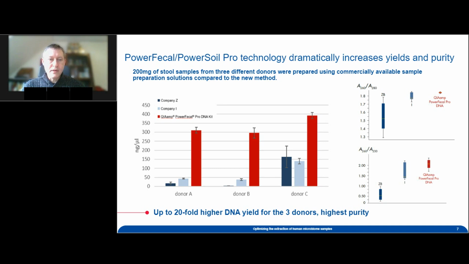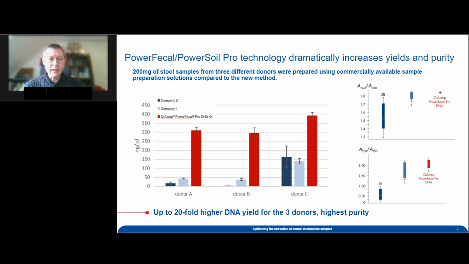And here we have an example of how the Power Fecal or Power Soil Pro technology handles the yield from different samples. And this is one of my favorite data sets because this is an experiment that was done on younger and older individuals and examining the effects of aging on the microbiome of the samples. And what we had is donor A and donor B were both older individuals, and the samples were much harder to deal with. They were more solid, they were difficult to lyse, and they